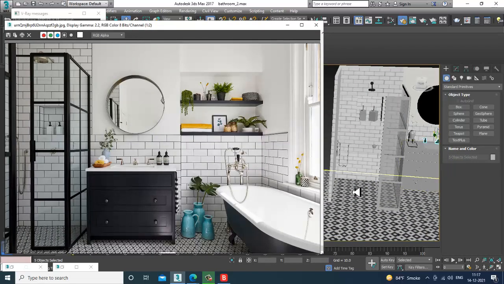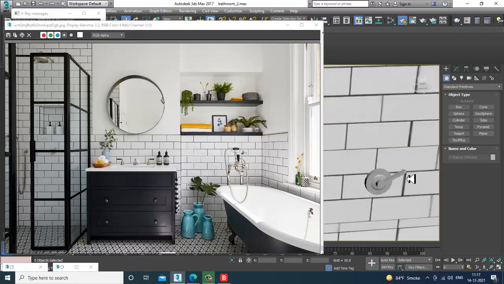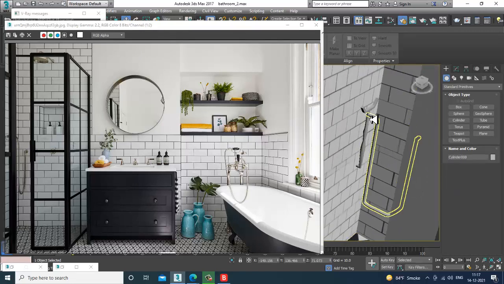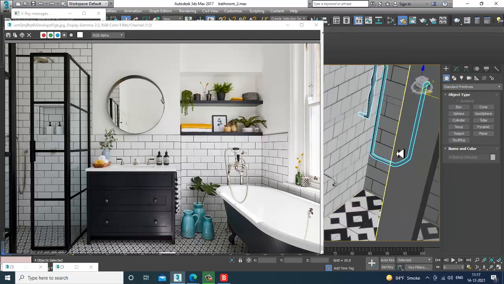So go over here. For this also we'll be assigning a chrome material.